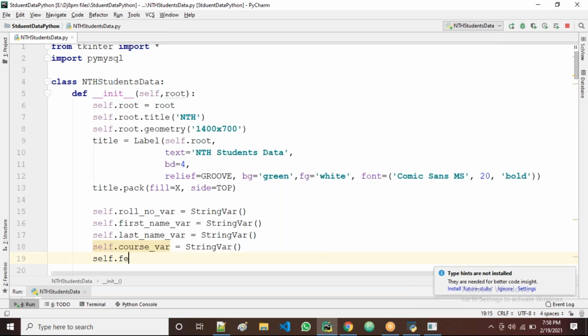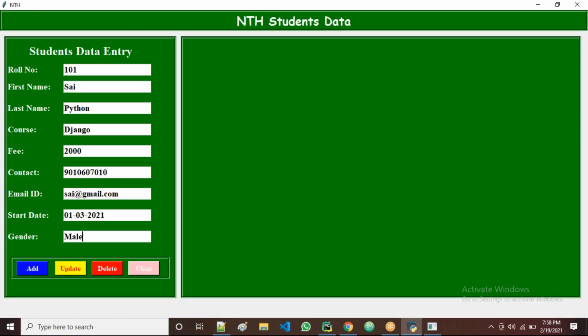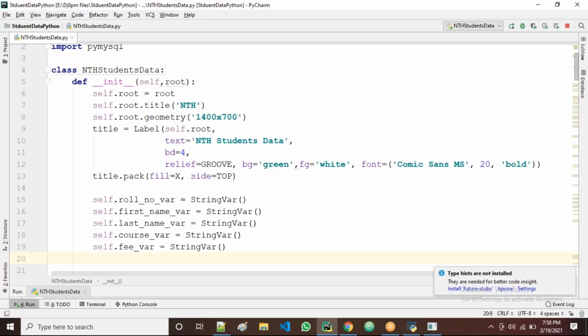Next one, self dot fee, fee variable. Then string, okay? After fee is over, contact, guys. Self dot contact variable. String type.